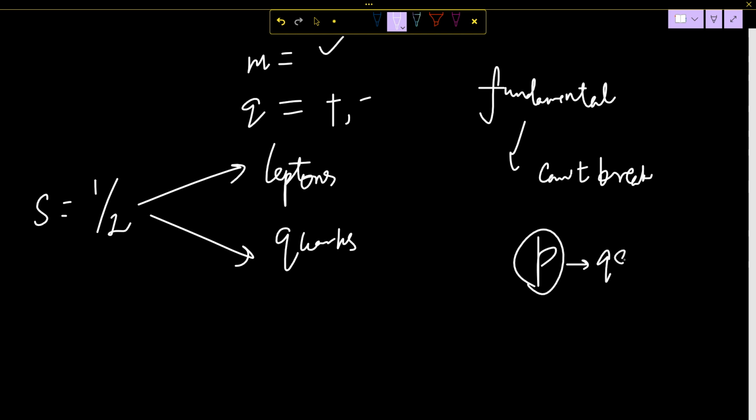A baryon is made of three quarks. We'll study about that later. But the electron is a lepton. The electron is not a baryon. The electron is not made of anything. That's why the electron comes out as a lepton. And leptons are fundamental particles, because leptons and quarks cannot be divided anymore. All right, is that clear?